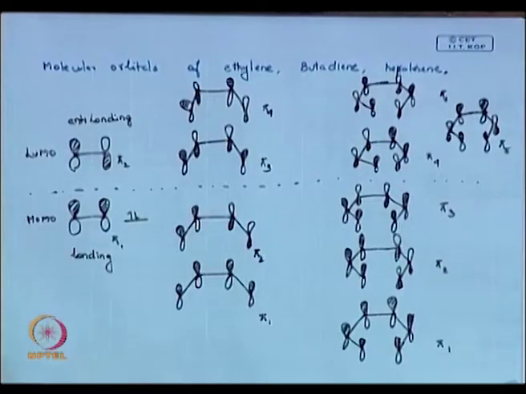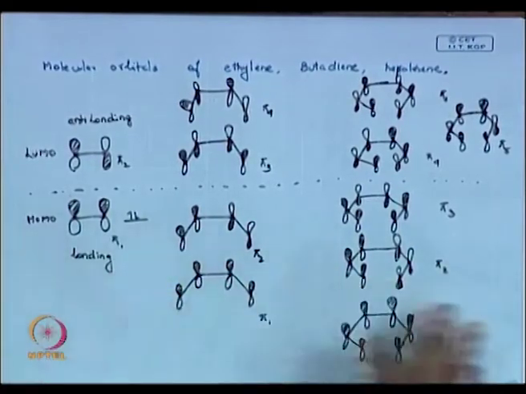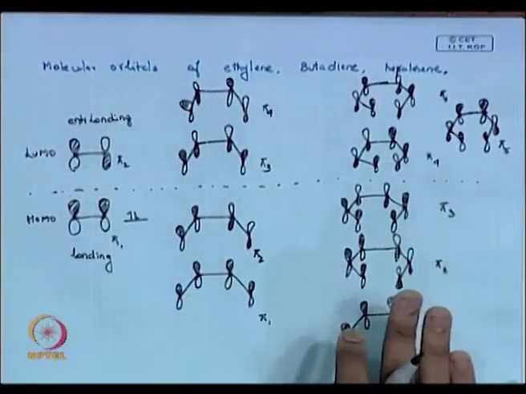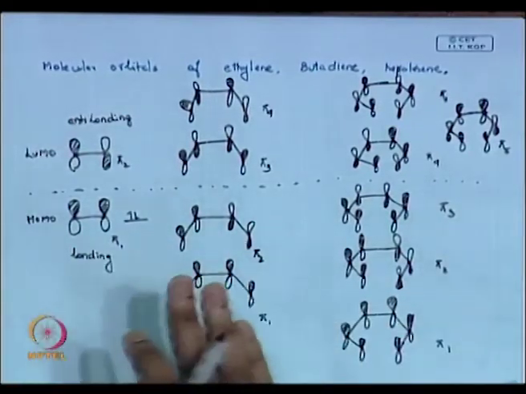So, just by combining, you can build up your systems. It does not need that you have to memorize all these things, just by combinations, how to combine, slowly you can build up your ethylene, butadiene, triene systems, etc. I hope that even for octatetraene, you can build it up. So, that is fine about your molecular orbital.